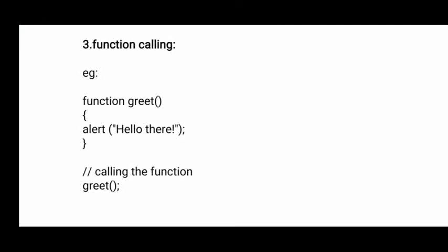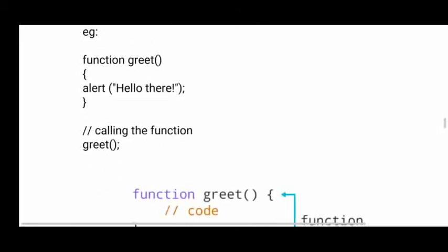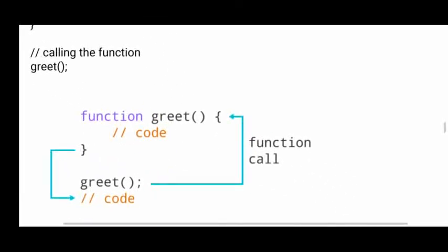Okay, so inside the function, what have I given? Alert. Alert is a statement which is used to print something on the output screen. Now calling is nothing but greet(). Here I am not passing any value. Why? Because if it is not performing any calculations, then you need not pass a value.